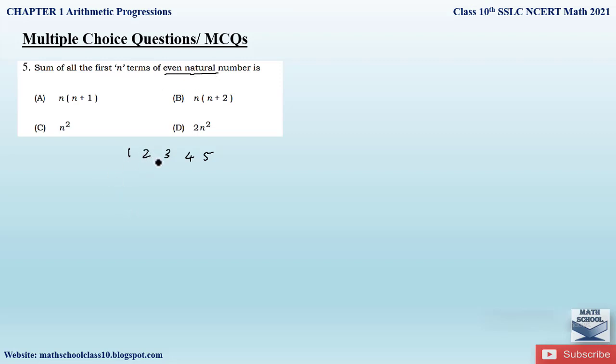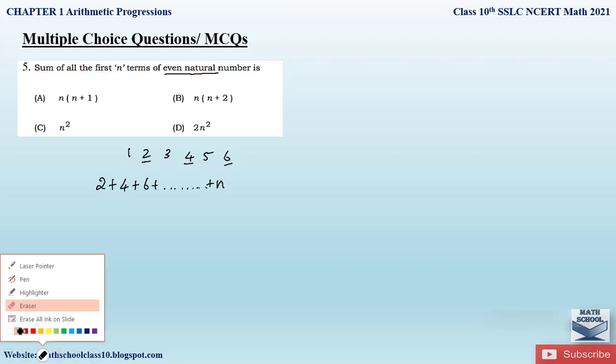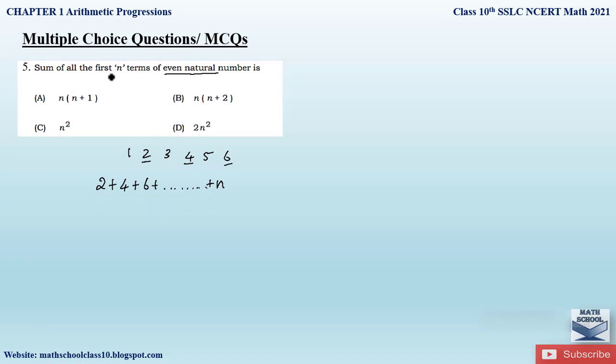So let us take the sum of only the even numbers, that is 2, 4, 6 and so on. So that will be 2 plus 4 plus 6 plus so on. So we have to calculate the sum for n terms. So our last term will be n. So here how do we find out the sum? So this question is similar to the sum of first n positive integers. Instead of even integers, here even natural numbers is given. So the same formula we can use here, which I had given you previously to find the sum of the first n positive integers, that is n into n plus l divided by 2.